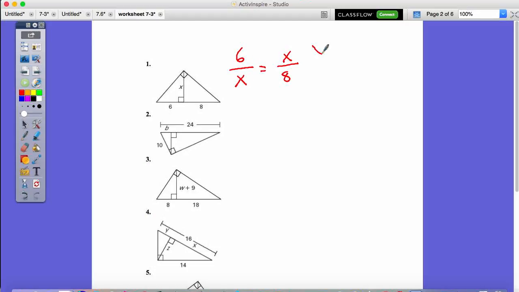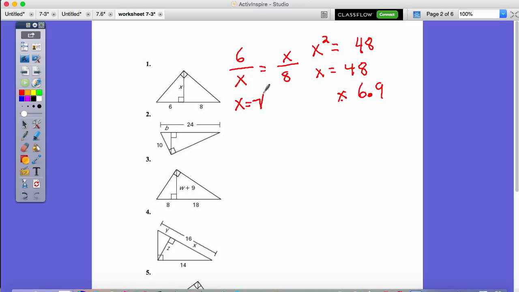X times x is x squared. 6 times 8 is 48. So x equals the square root of 48, which if I put that in a calculator, rounds to 6.9 as a decimal. If I want it in simplest radical form,